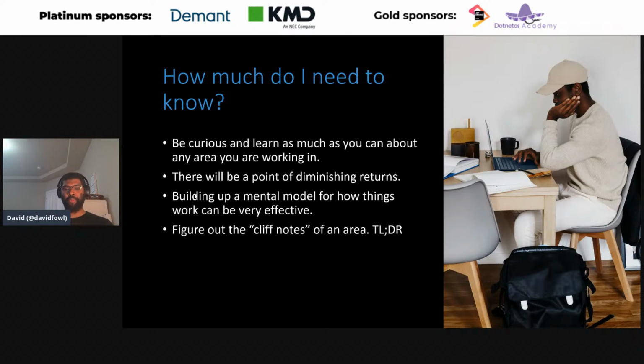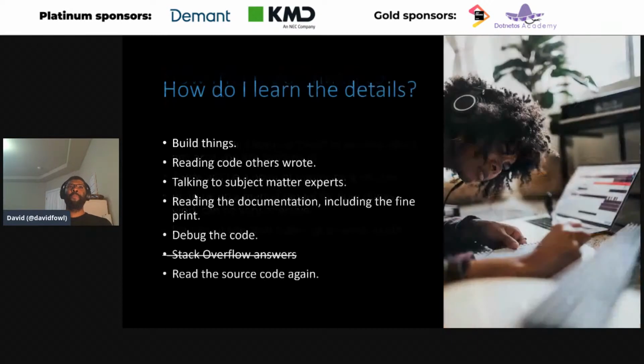Do that with code. Read the code for fun, go enjoy learning about the actual code base, because you can learn techniques that way. But if you're trying to get something done or trying to get a mental model about the area, you just need the Cliff Notes. You need to understand how this area works, how this type works, how this function works in a general sense, right? Not every detail. Too long, didn't read, right?